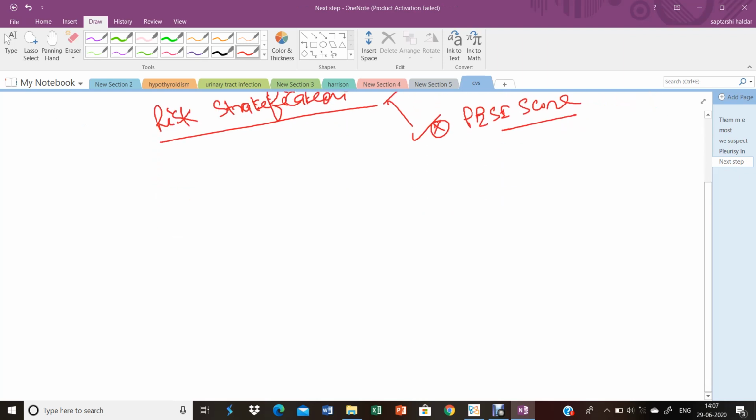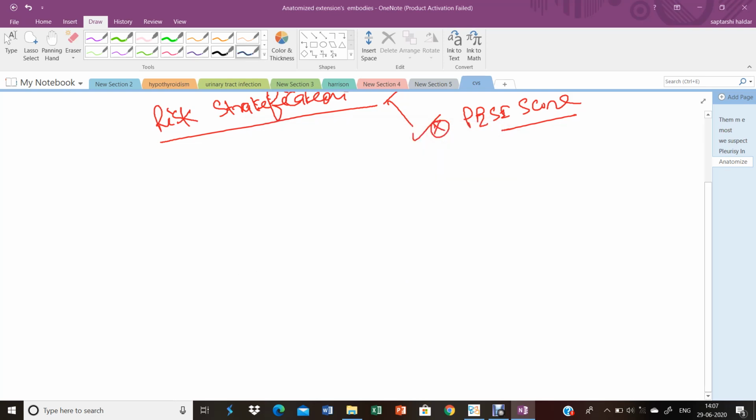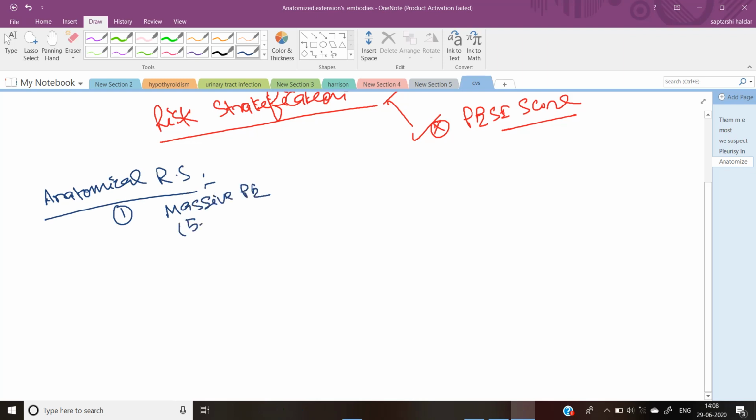Let's discuss the anatomical or clinical evaluation of risk stratification. According to anatomical risk stratification, we have three cases. One is massive: the patient may have massive pulmonary embolism. It is seen in only 5 to 10%. Second is submassive,